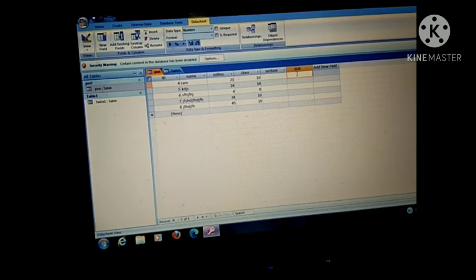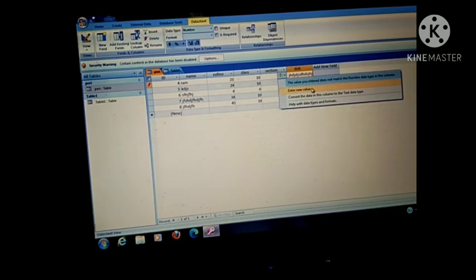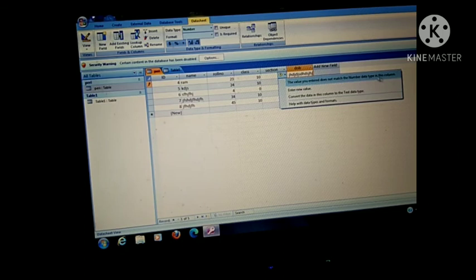What data type have I selected? Number. But now I am inserting text here. Look, as soon as I enter text in this data field, it will show me an error. What error? The value you entered does not match the number data type in this document. It means that the value I am inserting is of text type, ma'am, but the data type is number.